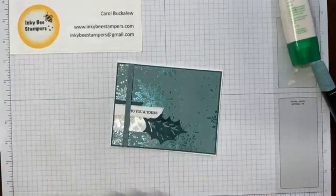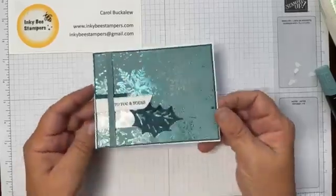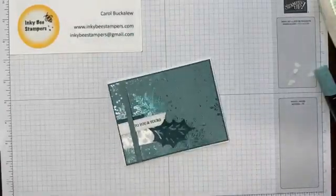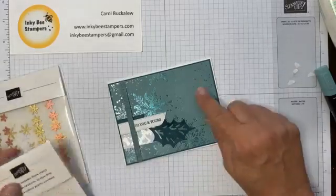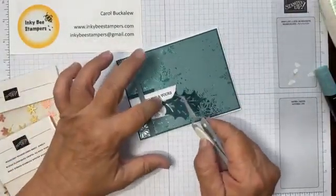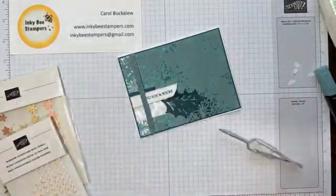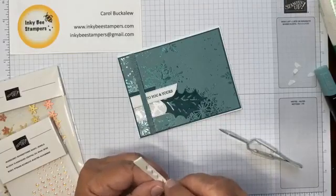Okay. So now our holly leaves have some beautiful shine on them. Let me get my embellishments. Yeah, good. They're still in stock. So the Snowflake Magic paper is still in stock. Thanks for confirming, Amy. And then I had mentioned, yeah, I need to go ahead and get a couple more